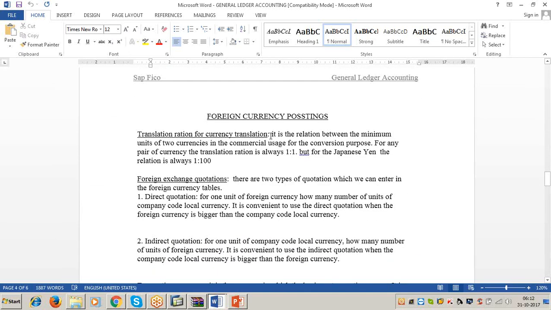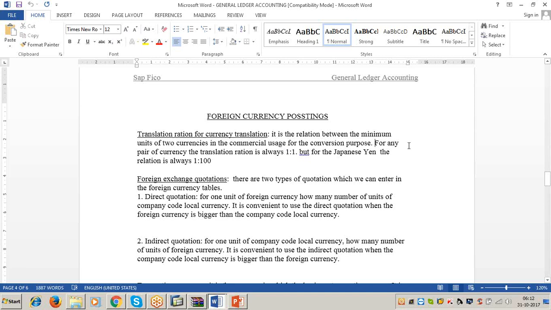See, translation ratio for currency translation. It is the relation between the minimum units of two currencies in the commercial usage for the conversion purpose.